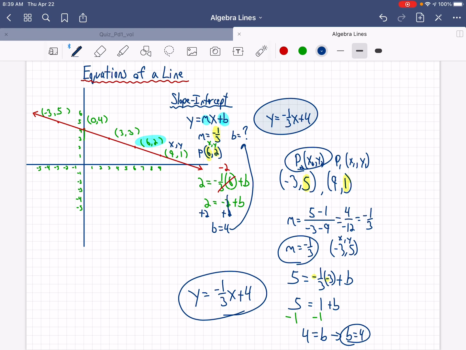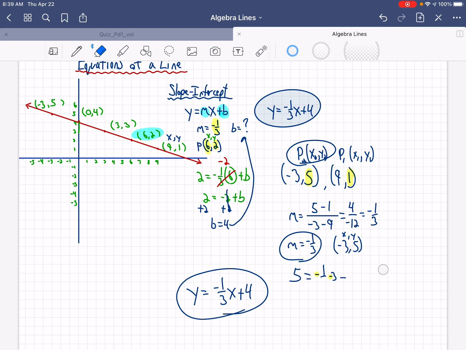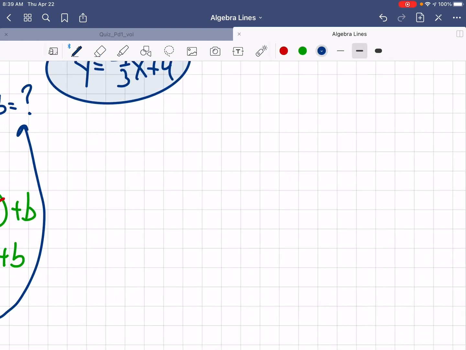The last thing I want to go over with you is another equation. Now you could stop the video here and just call it good if you want. The other equation I wanted to talk about is something called point slope. It's just worth knowing. So point slope, this is my favorite,